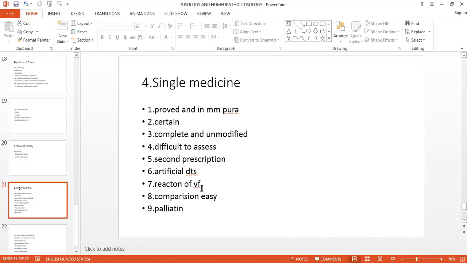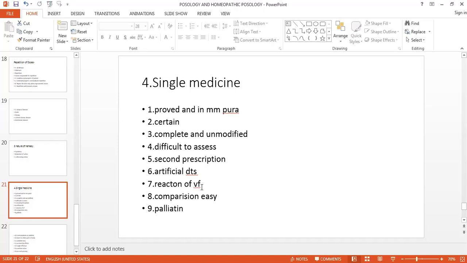Then seventh is that in homeopathy the cure takes place in the form of the curative action. Once you give the medicine, that medicine will show a primary action. The action of the medicine is a primary action, and the action of the vital force is a secondary action. So if you are giving the homeopathic medicine, the secondary action is a secondary curative action. If you are giving the allopathic medicine, then it is the secondary causative action.